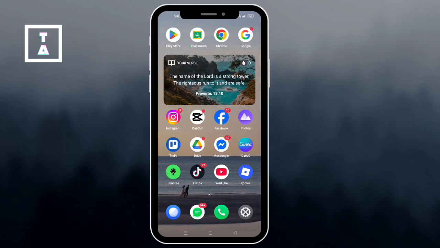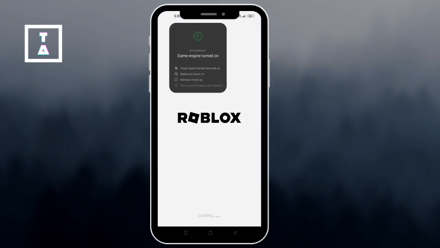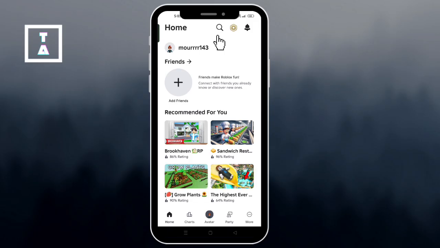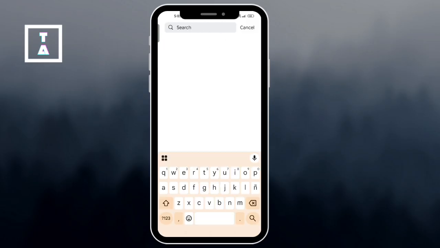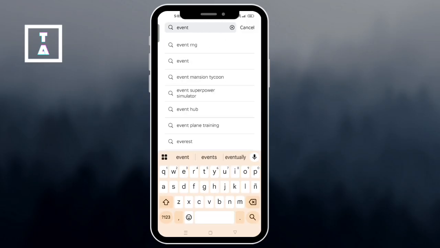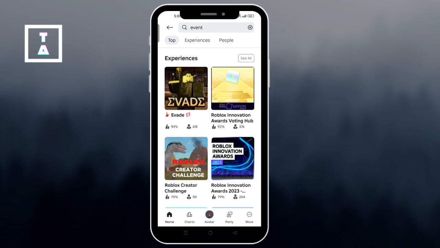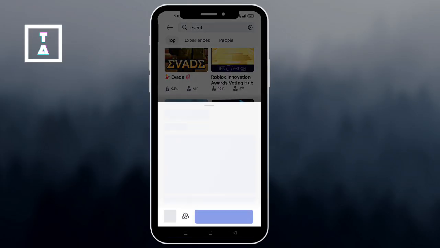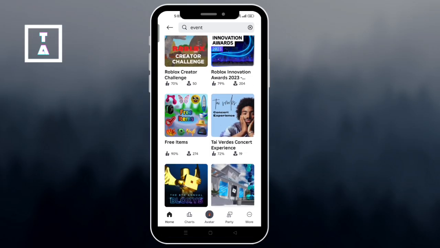So let's get started. First, open the Roblox app and log into your account. Then here, tap the search bar and type a keyword like event or the event name. Then browse through the live events and check the event banner on the home page and click on the event